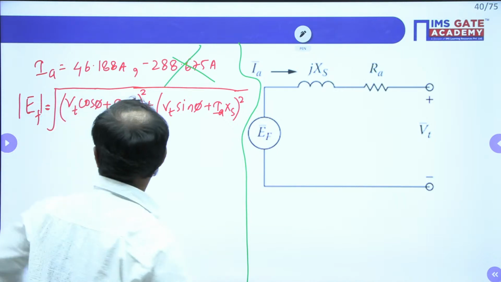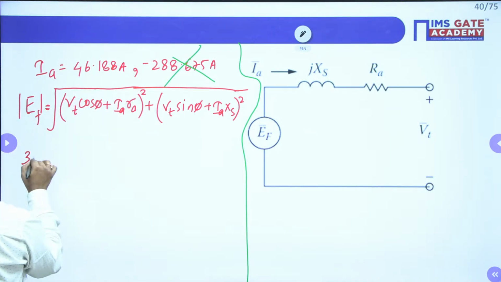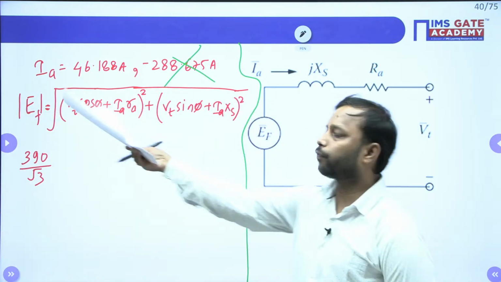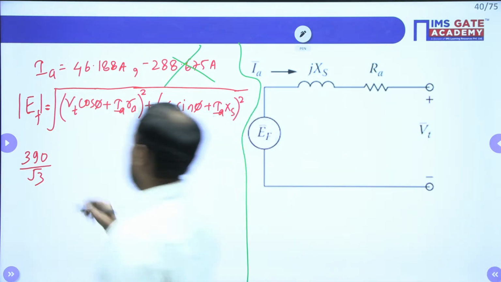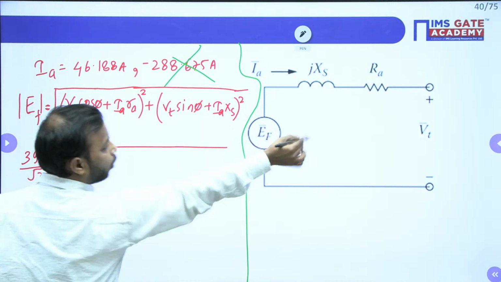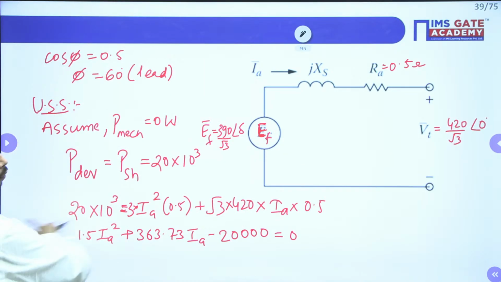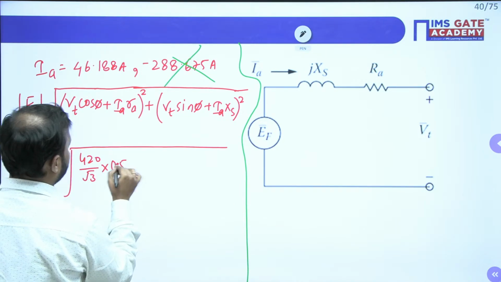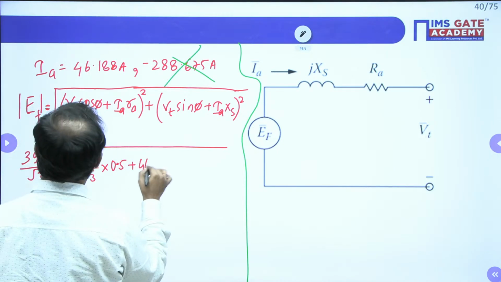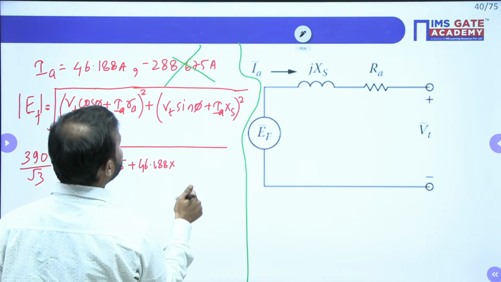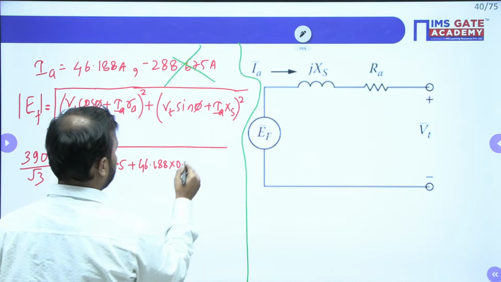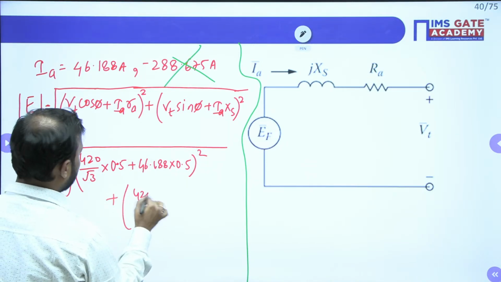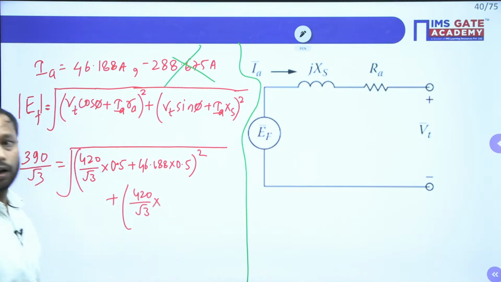Definitely you have seen. So this magnitude of EF is what? 390 by root 3, because this is the per phase equation, equal to root over, this Vt is 420 divided by root 3. What is cos phi? Cos phi is 0.5 plus IA we have calculated, 46.188, and RA is 0.5, whole square, plus 420 divided by root 3 into, now everyone look at me,